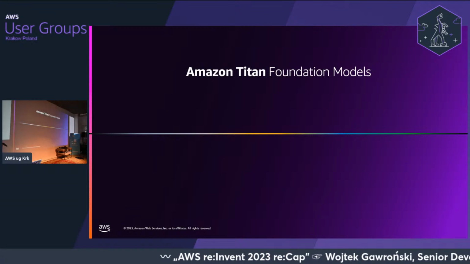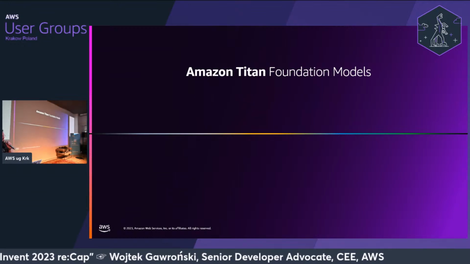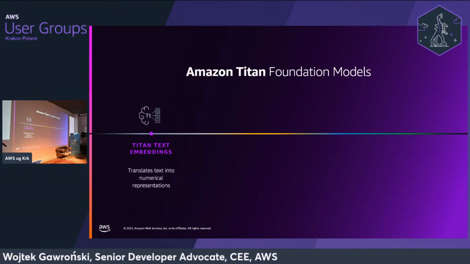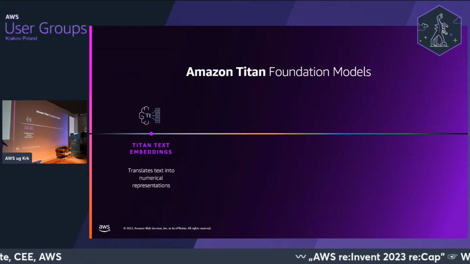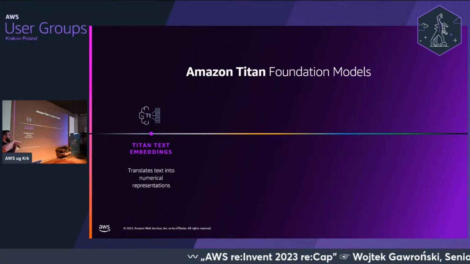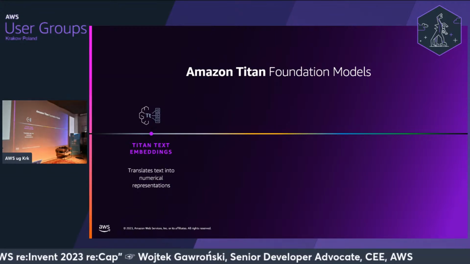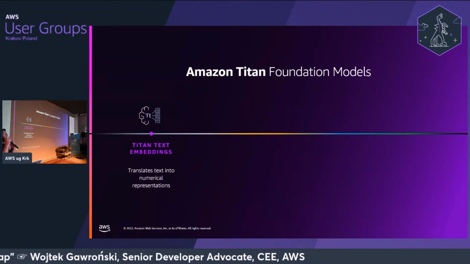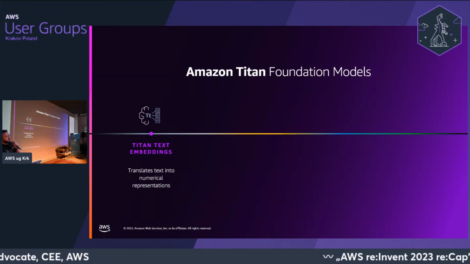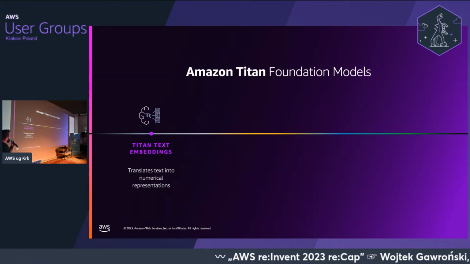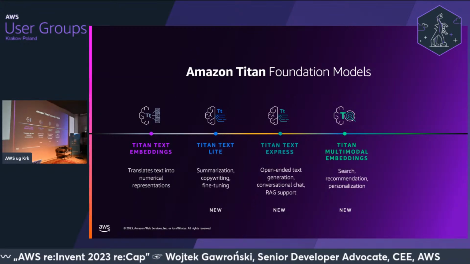But obviously, one of the biggest announcements from Amazon's perspective, AWS perspective, was foundation models that are built by Amazon, which is the Amazon Titan family. So first things first, that was available before re:Invent. Titan Text Embeddings were announced. So for those of you who haven't heard about embeddings, this is essentially a representation of text as numeric vectors that allows you to perform algorithms like similarity search and similarity comparison between different words and meanings and concepts. And those text embeddings were released, they were available, and they were also a baseline for something that was announced, which are those models.